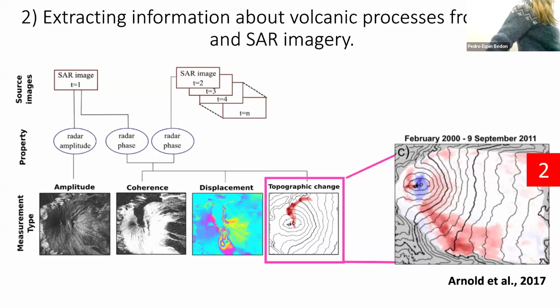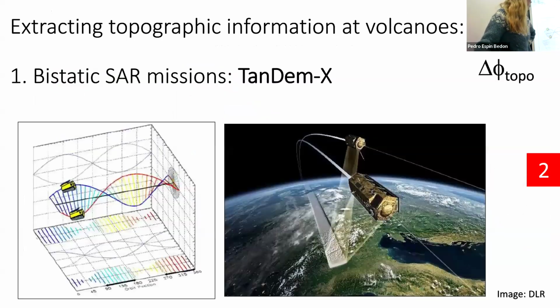So finally, topographic change. I think this is a very exciting area in SAR volcanology at the moment, because of the anticipated launch of the Harmony mission, which is going to have time-stepped data that allow you to retrieve topography and look at a lot more cases. But what's been done in this field is already very exciting. This example here is from Reventador in Ecuador. You can see the shape of the lava flows in red coming down from the dome, and also alteration of the volcano summit itself in red and blue.